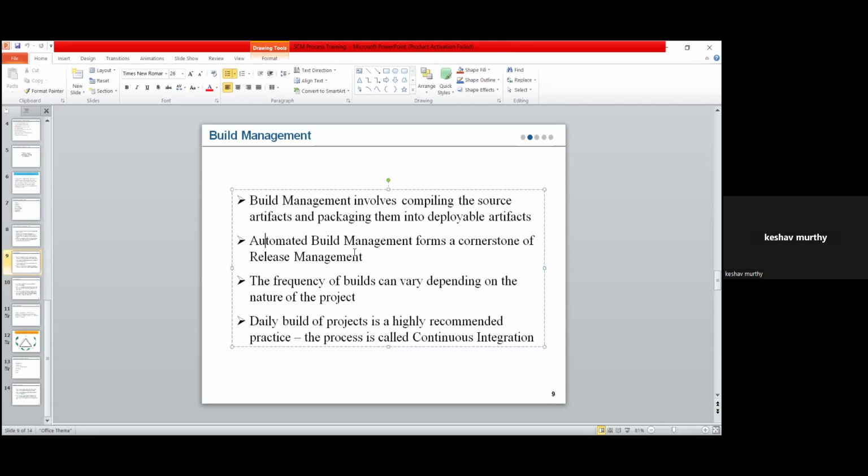Then only you'll come to know what they have developed. Since it is a binary, nobody can understand it. Even if you ship this to the customer, they can't understand it unless they deploy this package to a particular server. If you get that package and you don't have that server platform, you can't do anything with it, because it's a binary. Only a machine can understand it. Okay, clear?